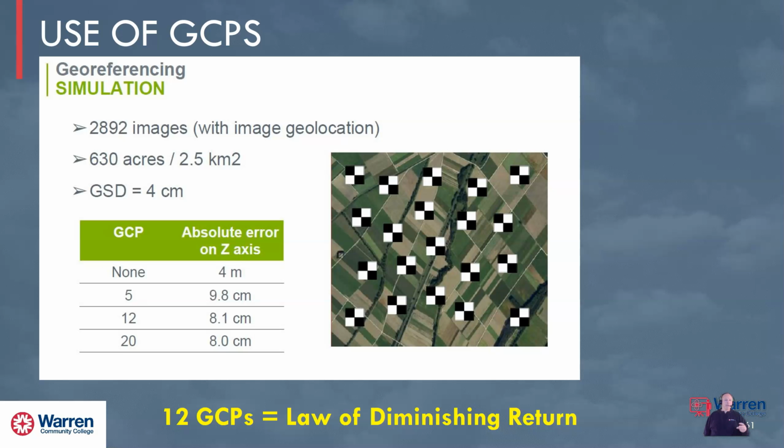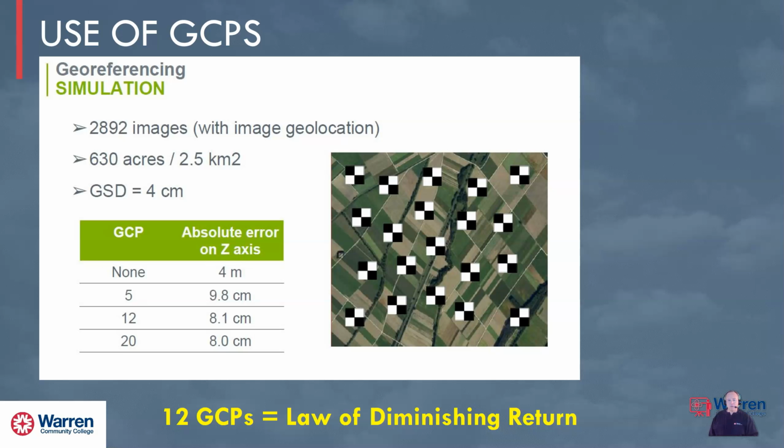Now, 12 is important. If you go in and read the literature, people have been doing this, so what is ideal? There's theory on this, there's some argument on this. As this comes about, there's constant research being done by universities and other professionals to figure this out. Here's what I can tell you. PIX4D is going to tell you 5. I'm going to tell you 7 is the starting point you want to be at. But I'm also going to tell you that 12 is where you get what I would call, if it was an economics class,